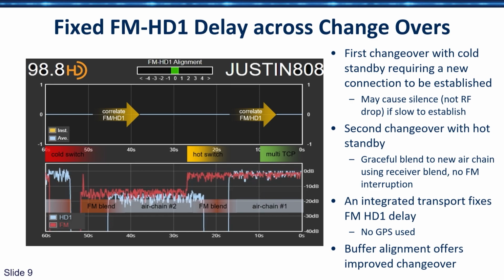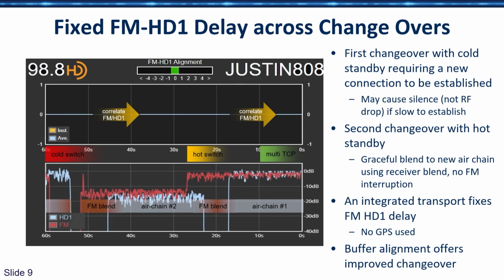But at the 60-second mark, I essentially killed one of the AirChains. And you can see the red is the FM on that particular plot. It goes away right away. But as you notice, from about 58 to 55 seconds, the HD keeps playing. And that is because of the diversity delay in HD, there's buffering in the receiver.